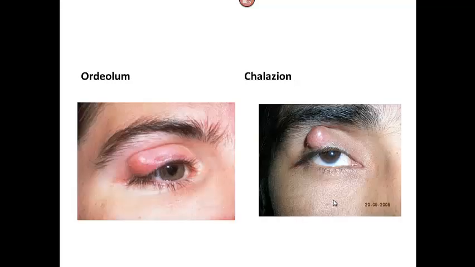Now let's talk about hordeolum and chalazion. Hordeolum and chalazion are basically an infectious process. It's a sudden onset of swelling of the eyelid. Hordeolum is basically due to a staphylococcal infection or an abscess, and chalazion is a non-infectious obstruction of the meibomian gland. So again, this one, hordeolum, is the stye. This one is staph, most of the time Staph aureus. It's red, it's painful. On the contrary, chalazion is a non-infectious process of an obstruction of the meibomian gland